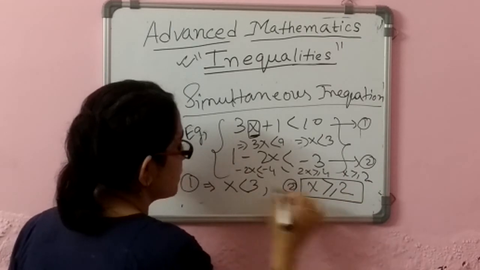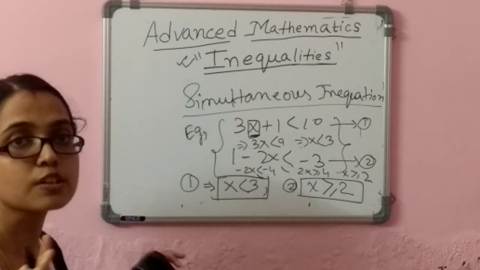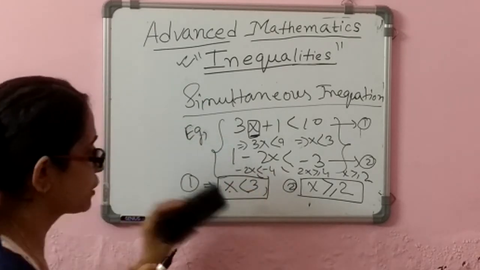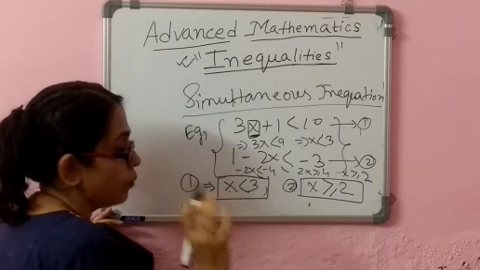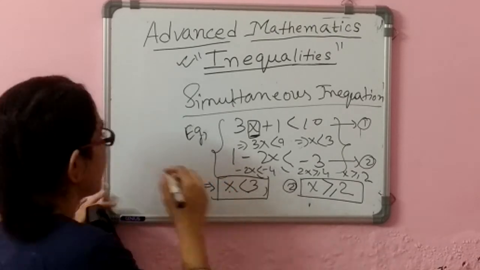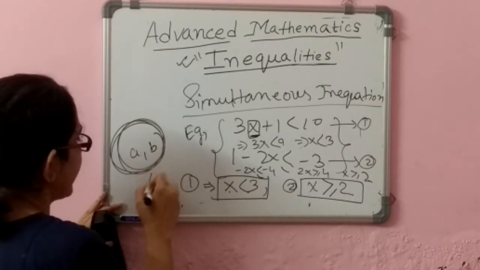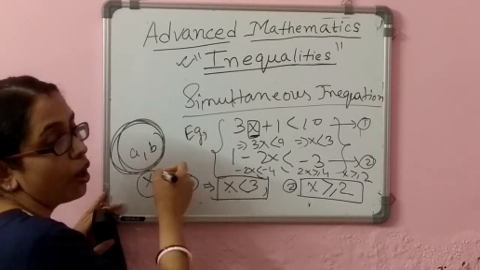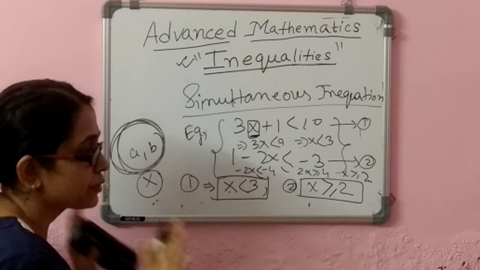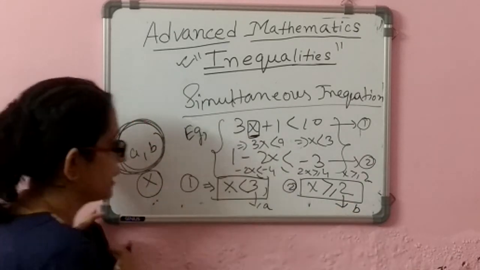So this is and this. There will be two inequalities of the value of x. That means x will lie between. Why am I saying this? How will we determine the interval? While defining the concept of interval, I told you that there were a and b. These were the boundaries of x. Either it was open or closed, or left open or right open, whatever it is, but x will lie between a and b. Here 3 is a and 2 is b, right?